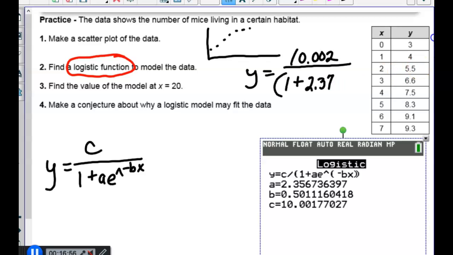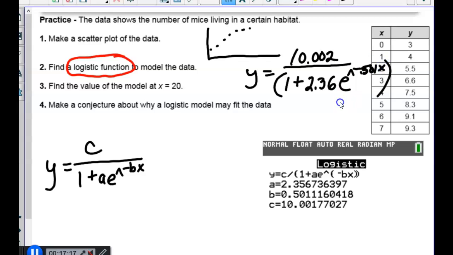That should be a 6, right? Boy, I need to go to rounding school. e to the power of negative 0.501